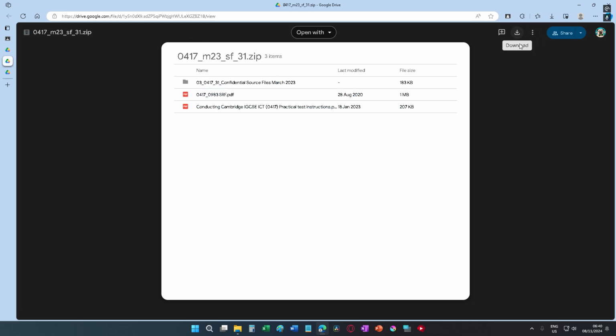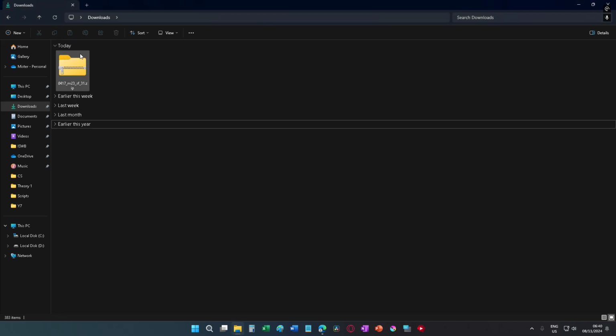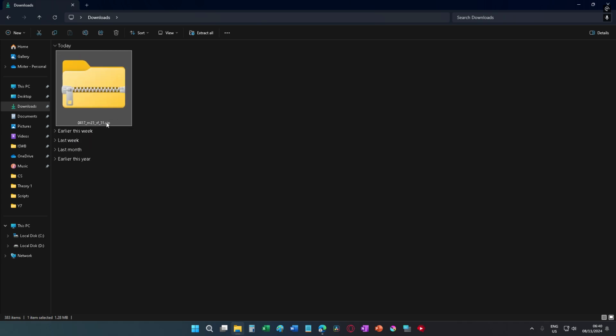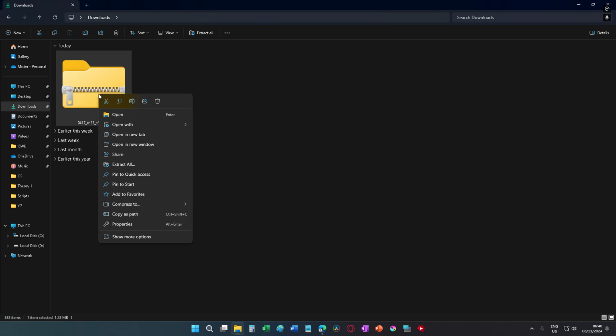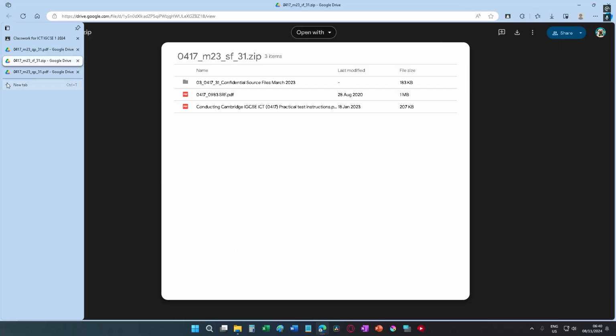And let's just make sure that we get the source files, and you'll see here that I have a download button. I downloaded it prior to making the video, so it is there, and here in my downloads you can see it is right there. And one thing that you should notice is that it is zipped, and you can even see that the little icon there says it's zipped. So you can right click on it, and then you look for something called extract all, or if you have a program called WinZip,